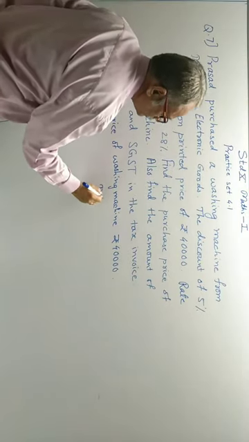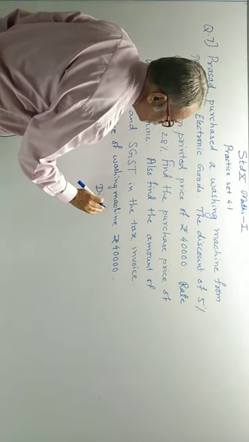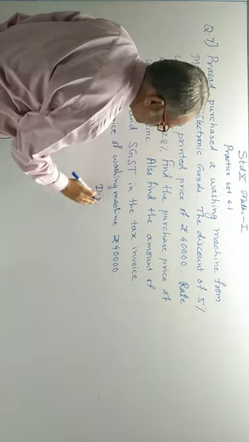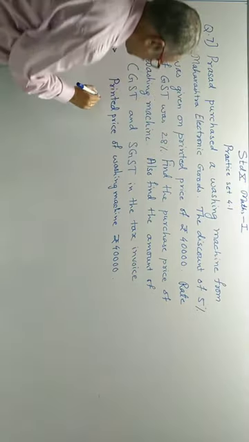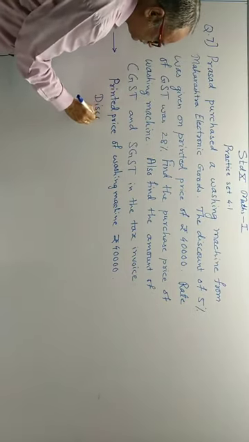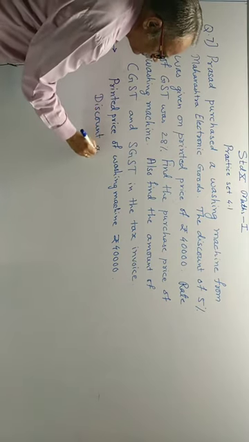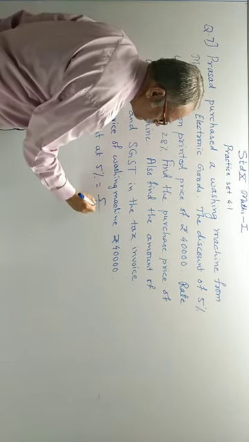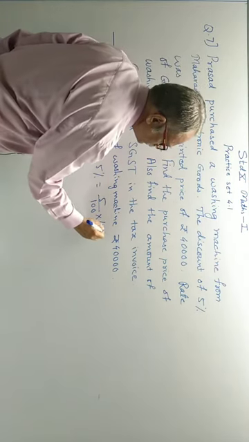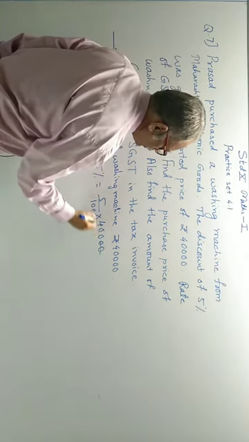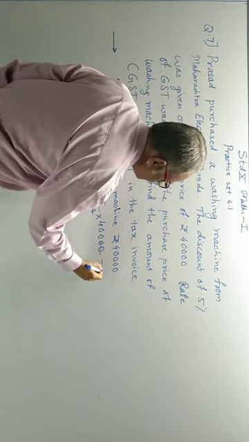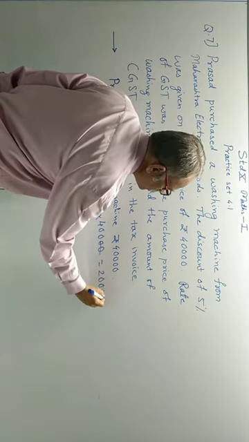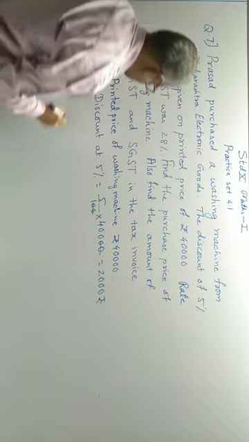Discount is at 5%. So discount at 5% is equal to 5% of the printed price. So it will be 5 4s are 20, and 2,000 rupees. Therefore,